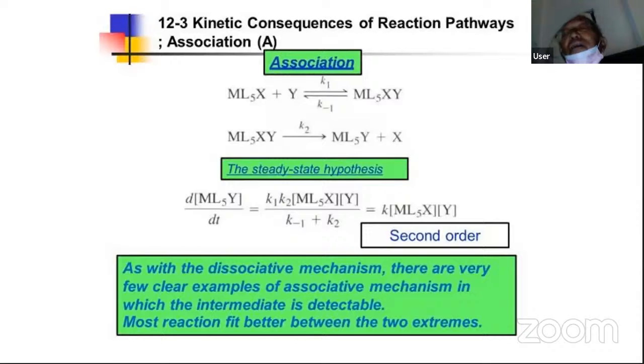This one you have to understand. Associative is always second order. Dissociative can be first order, can be second order, depending on the concentration of Y ligand. Okay, so next slide, you will see